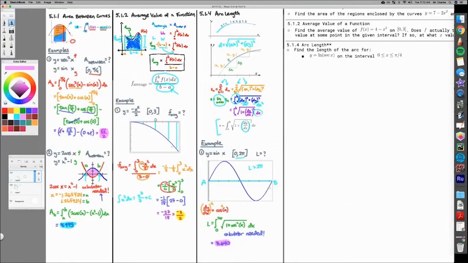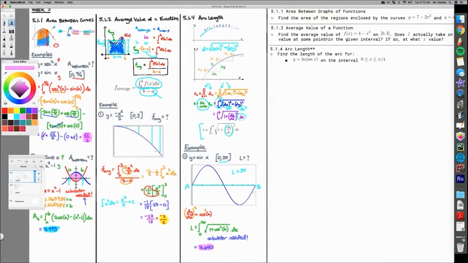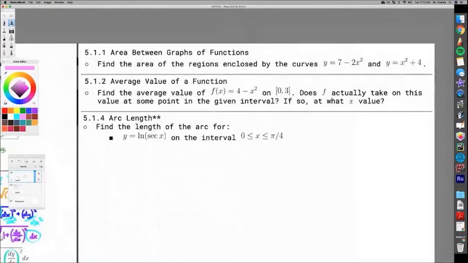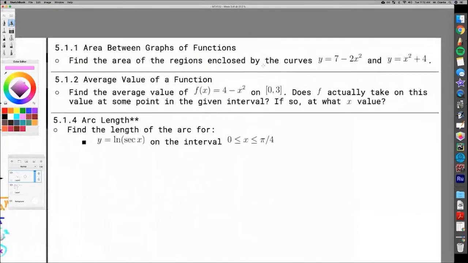All right, so if there are no questions on this, that is our lesson today. If you want to stick around, I'm going to answer some questions first. But if you want, you can get started on these. I want to answer individual questions first, since I'm going to be bouncing around because some people might have